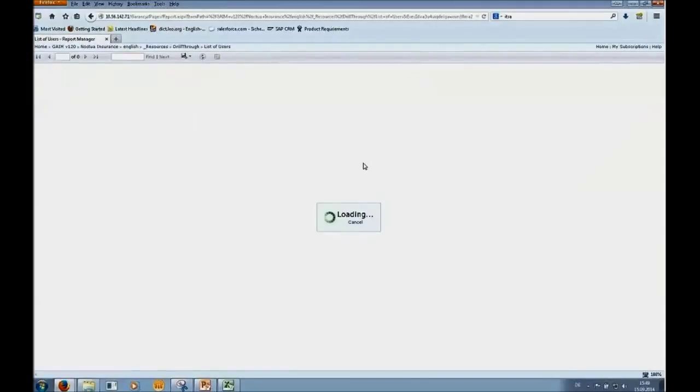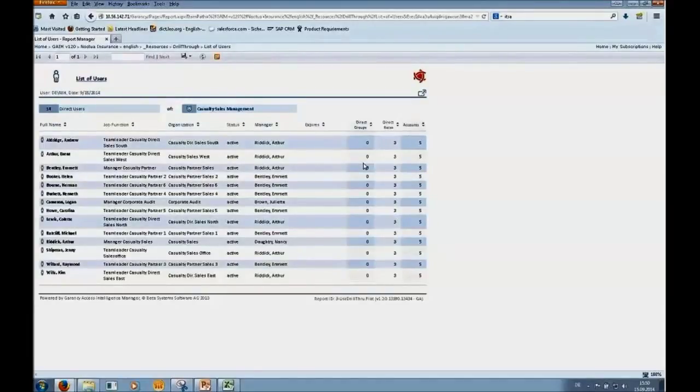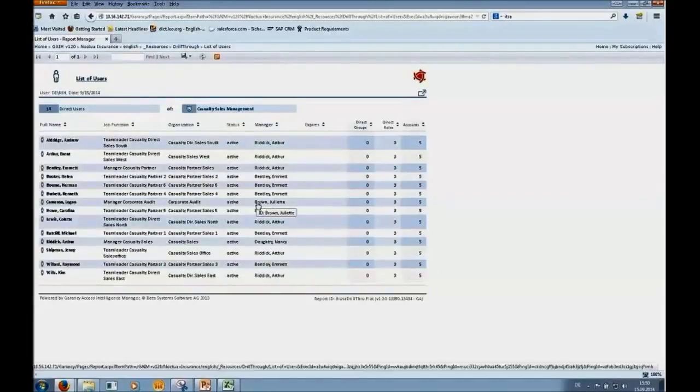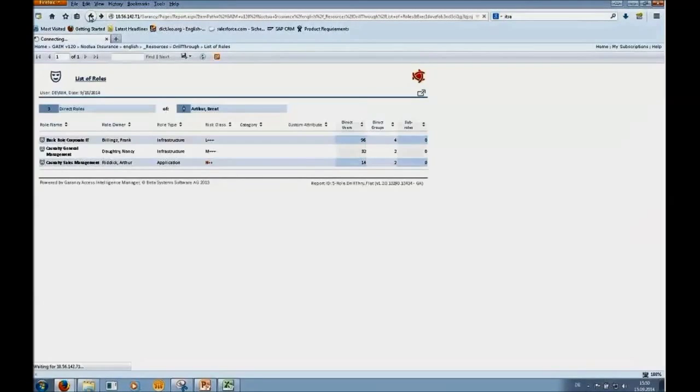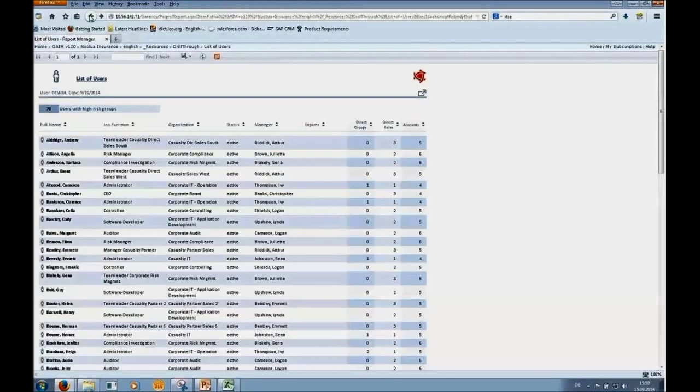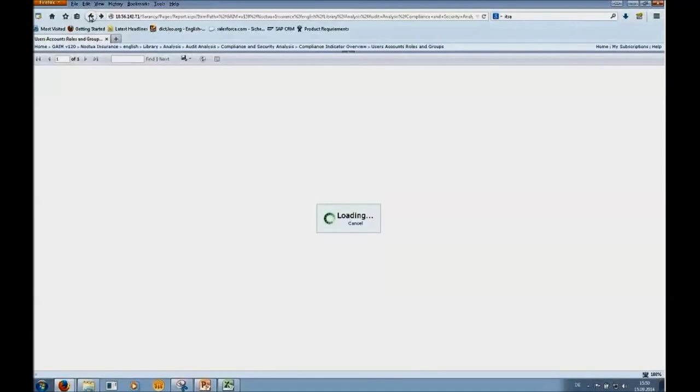So I can continue to investigate what are these users, are they on the same level, or from which organizational units are they, what other roles do they have. So I can continue really to walk through my data cube in the way as I explained as a metaphor, like the doctor getting from every answer new questions in order to investigate the data pool with regards to compliance issues. So that is one of the standard functionalities of Access Intelligence, that I can continue here